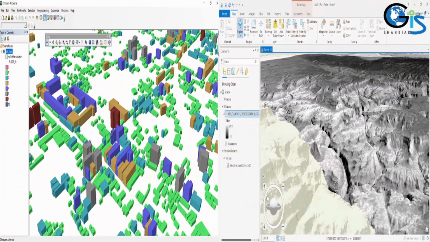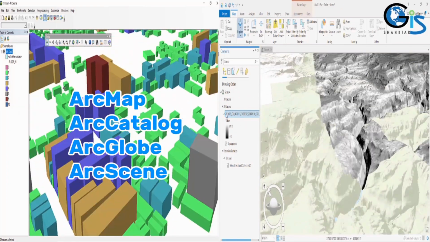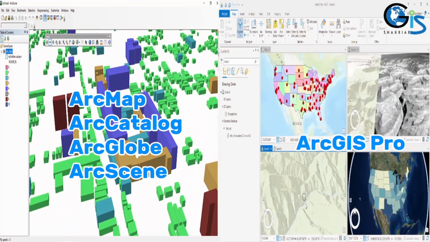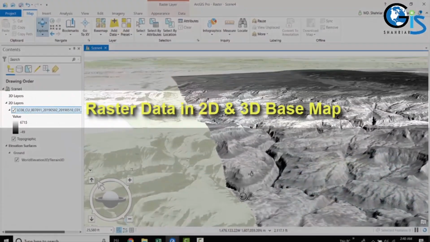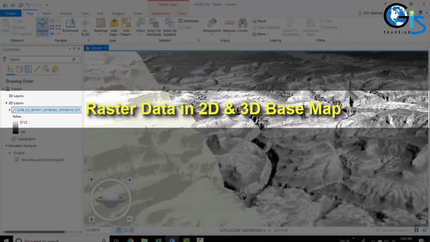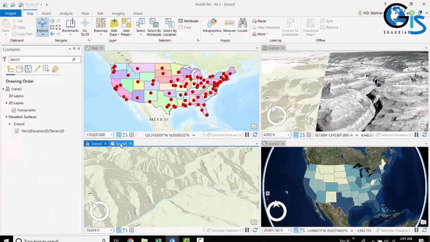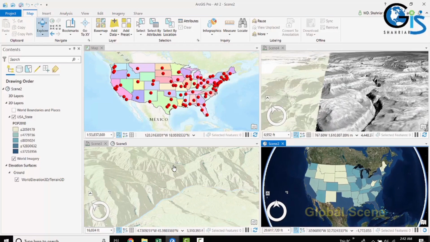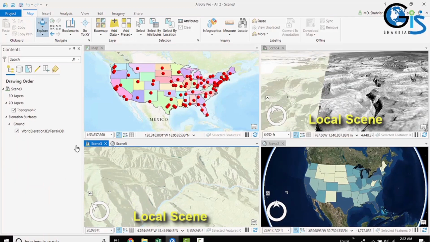In this course, we will learn ArcGIS including ArcMap, ArcCatalog, ArcGlobe, ArcScene, comparing with the ArcGIS Pro interface. We are going to learn how to create a shapefile by using ArcGIS and ArcGIS Pro. We will learn how to work with raster data in a 3D base map. Not only that, we will learn how to work with ArcGlobe, which is known as Global Scene in ArcGIS Pro, how to work with ArcScene, which is known as Local Scene in ArcGIS Pro,